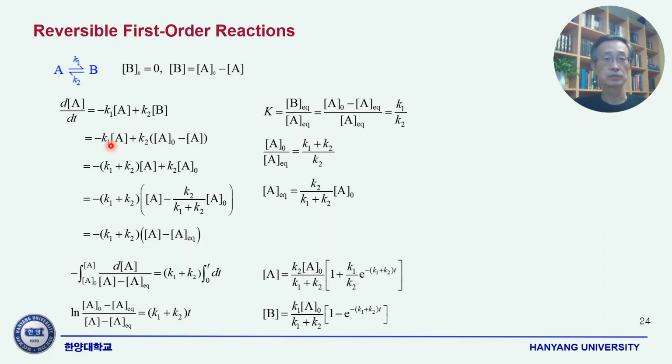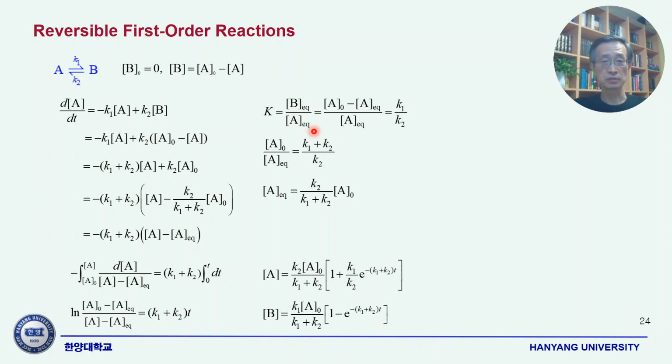Minus (k1 plus k2) A plus k2 A naught. This is the constant then, and then we'll make it as one variable. So we'll have k1 plus k2 as a factor, then we make this,